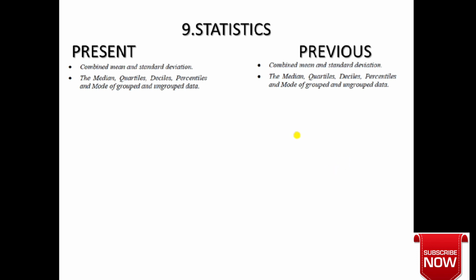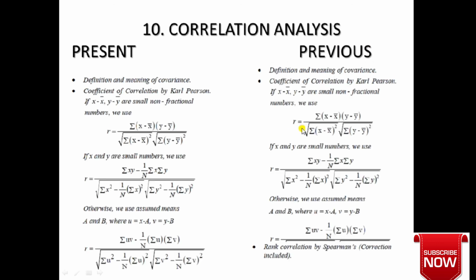Next we come to the last part, that is Section C. And again I am telling you that those students who are opting for Section B need not do Section C, and those students who are thinking of opting for Section C need not do Section B. Let's proceed further, students. In Section C, the first part, that is mean, this total part has been retained. There is no change in this part.